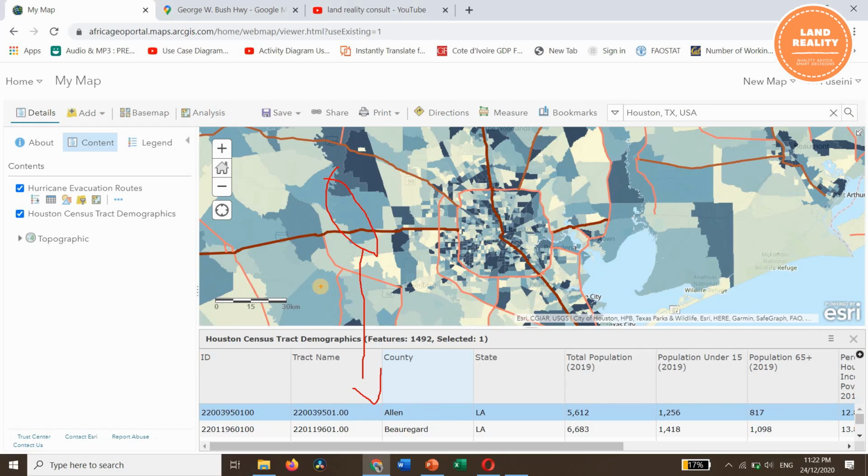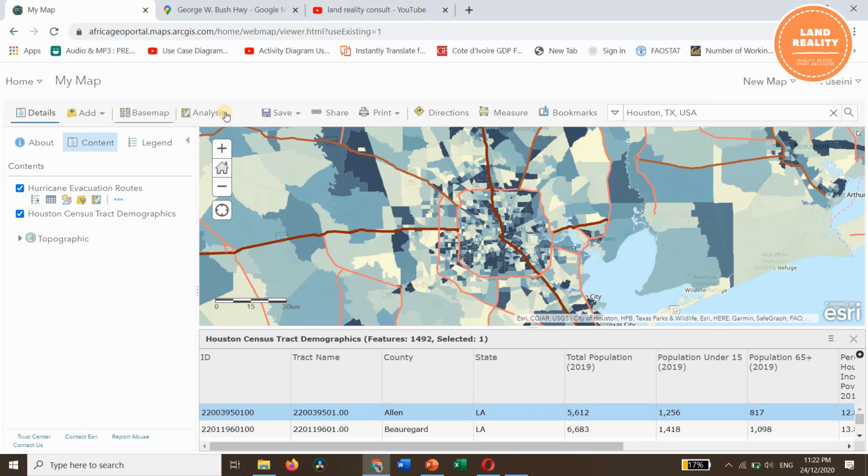So at this junction, we can also perform some kind of spatial analysis, maybe an overlay analysis like buffers, to see a distance of